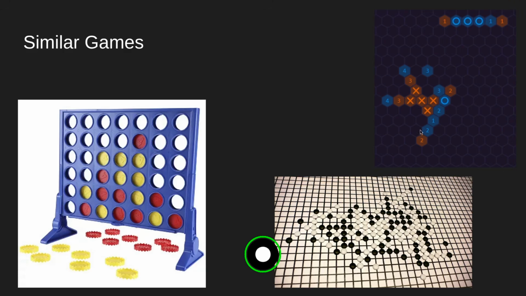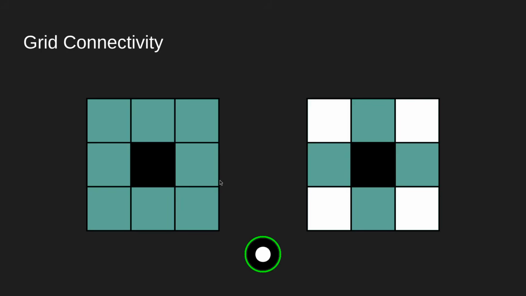We're not going to get concerned with all the details of any of these particular games. Really, we're concerned with what I'm going to call an anti-connective tiling, which is a way of preventing anyone from winning on one of these boards. So, for example, what is the minimum density of pieces that you need to insert into a Connect 4 board in order to prevent either player from possibly being able to make a line of four? And in order to make this question as general as possible, we're going to consider